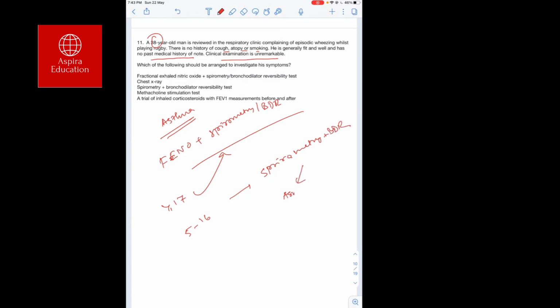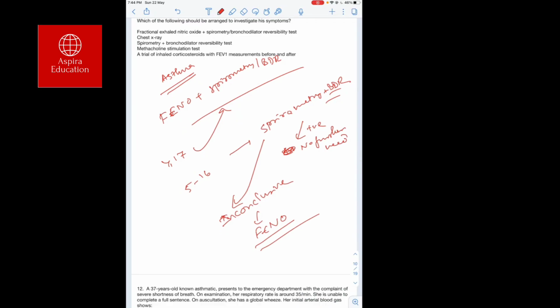If it is positive for asthma, that means reversibility is there, then definitely there is no further need of any other investigation. If it is inconclusive, then we need a fractional exhalation